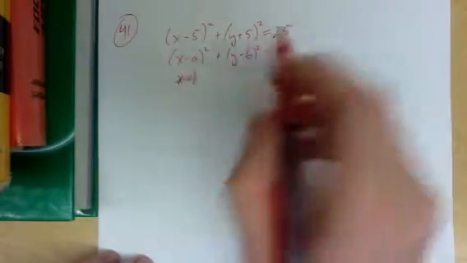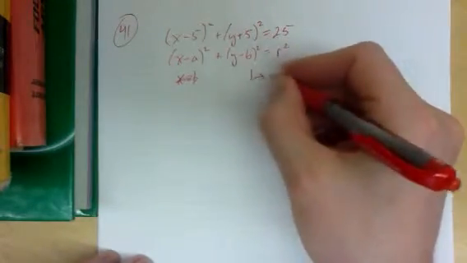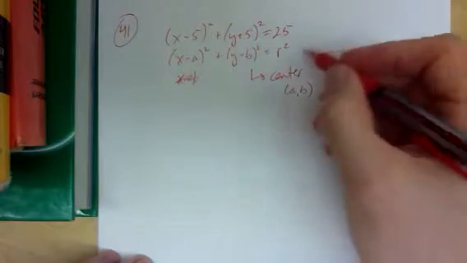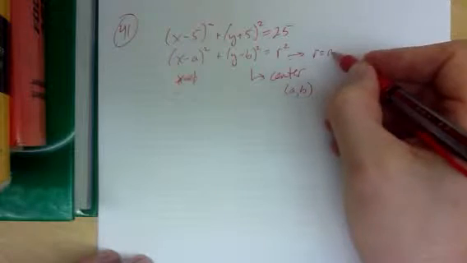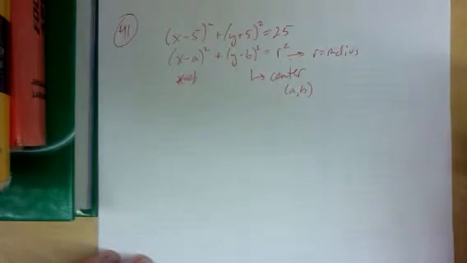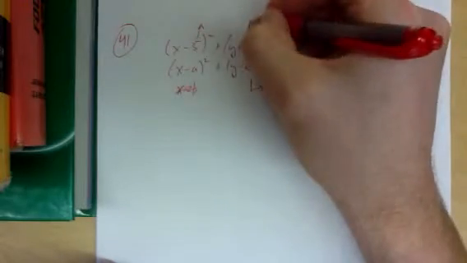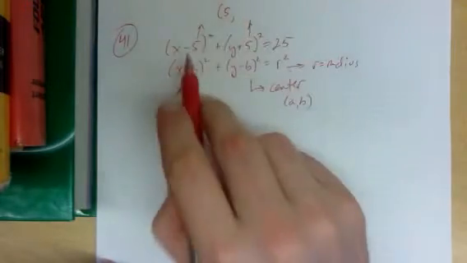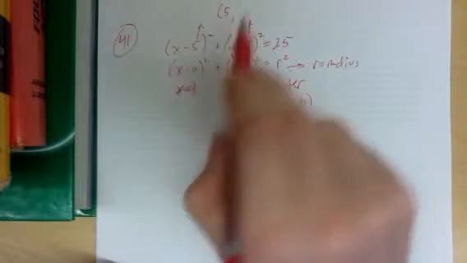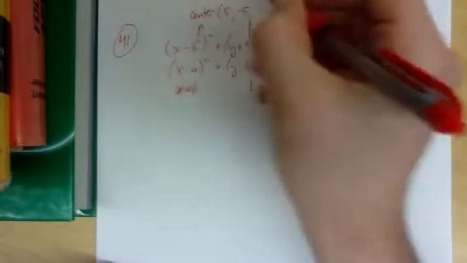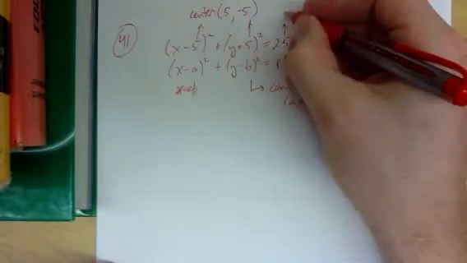But anyway, the center of the circle is (a, b), and r equals the radius. So for this problem, the center is (5, -5). And the radius